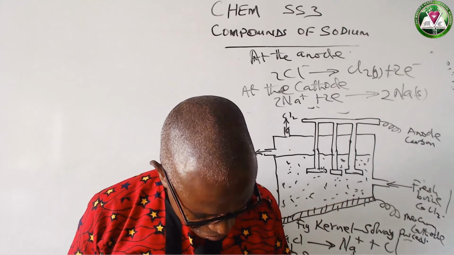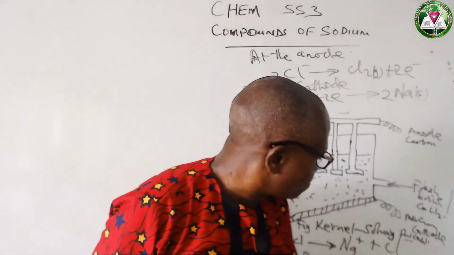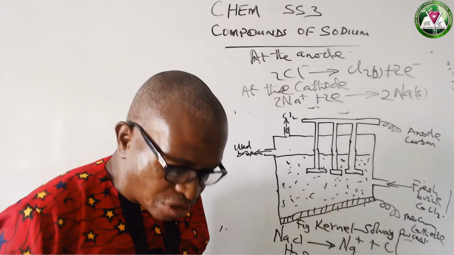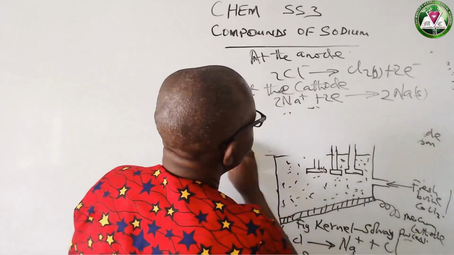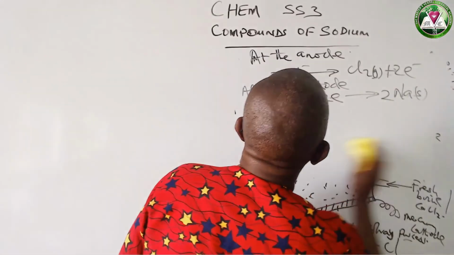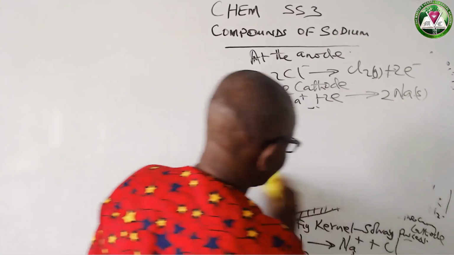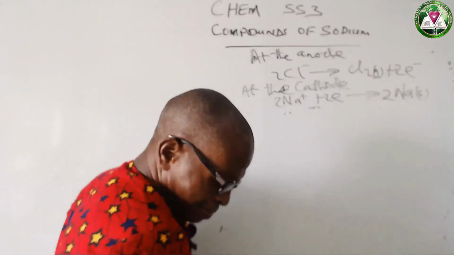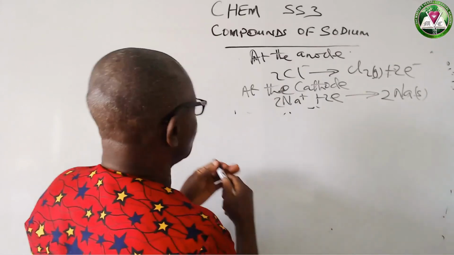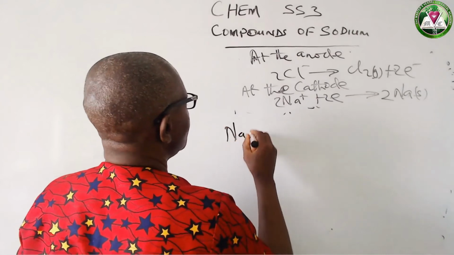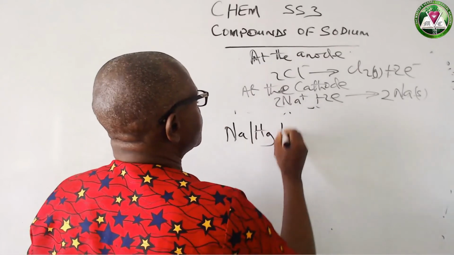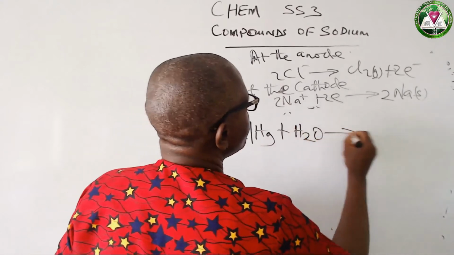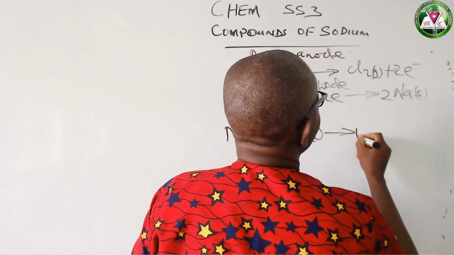When you know that in the cathode, what we produce in the cathode is sodium mercury amalgam, one may ask, how do you now produce your sodium hydroxide? When you have produced your sodium mercury amalgam, the next thing is that you dissolve it in water. When you dissolve it in water, you will have sodium hydroxide